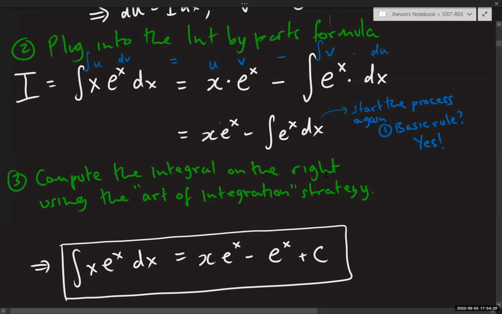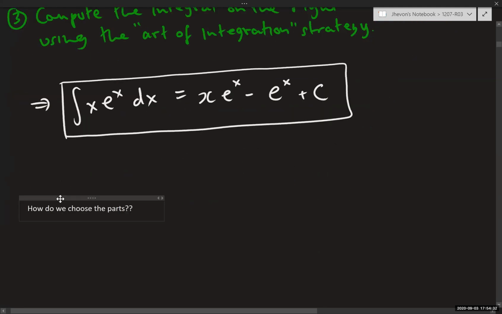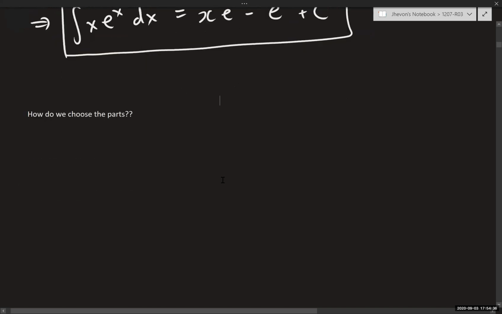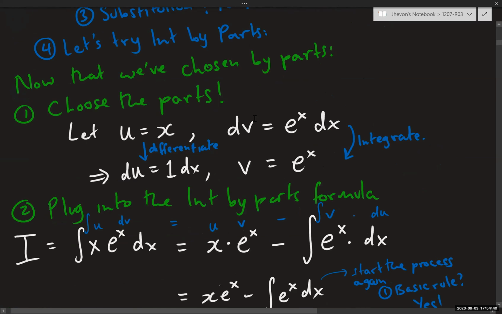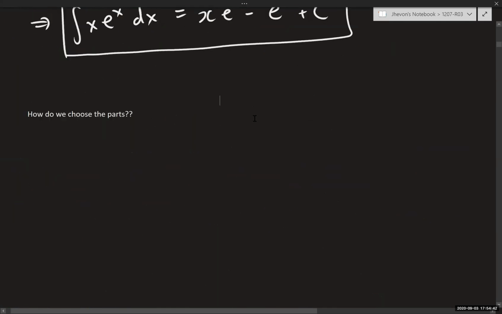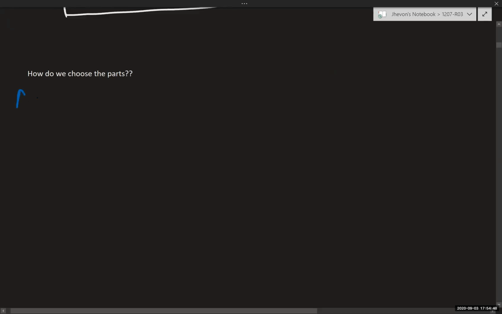Okay, so here's a question for you guys. How do we choose the parts? Because here's what I want you to notice. I did this and it seems like most of you understood what happened, but here's something worthy of note. Notice if I had made the choice